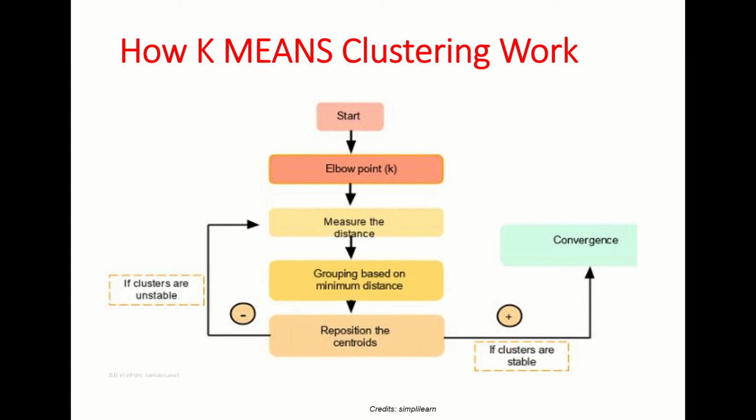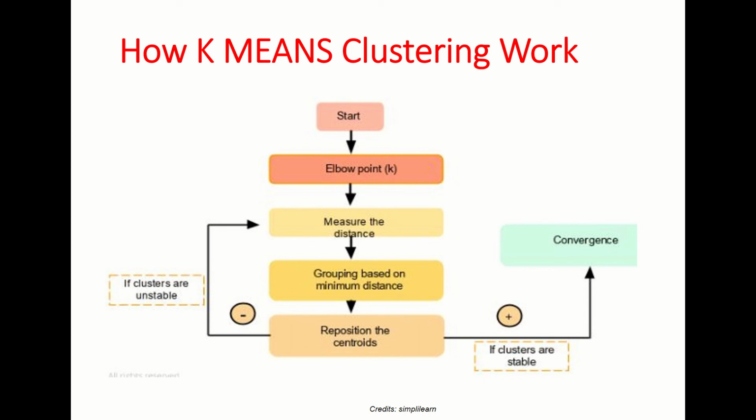Then, based on the distance measure, say data point A has a distance from k1 of 5, and the distance calculated from k2 is 2. Then you have to take the minimum distance and group it, so you will put data point A in the cluster of k2. Like that you will be grouping based on the minimum distance,